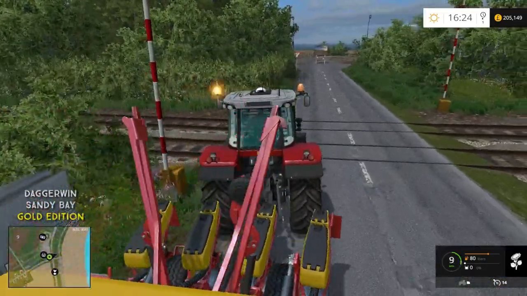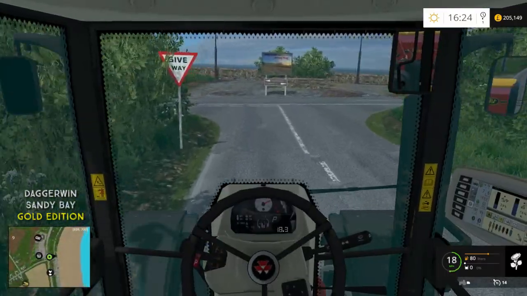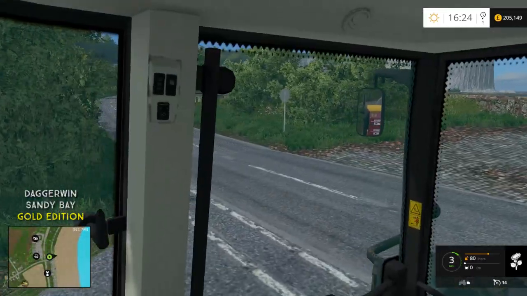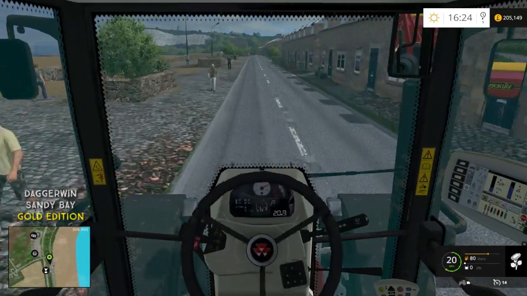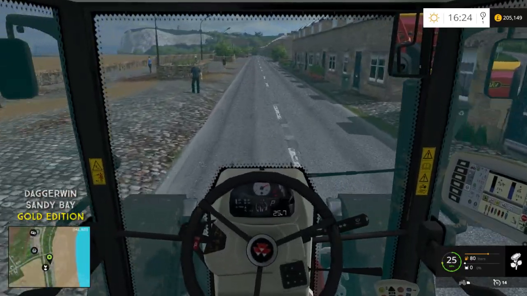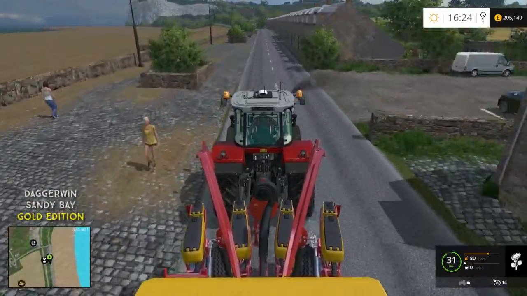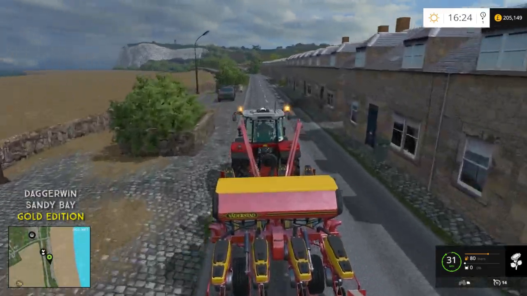Indicating the wrong way now. So what we'll do is we'll take this up to the yard, and then next time we'll use the Terra variant, the one from the Holmer DLC. We'll use the slurry injector and inject the field so it's nice and fertilised for when we put the crop in. And then, after that, we'll be able to get this tractor going, or another tractor going with this planter,